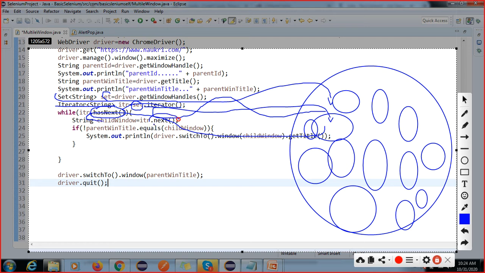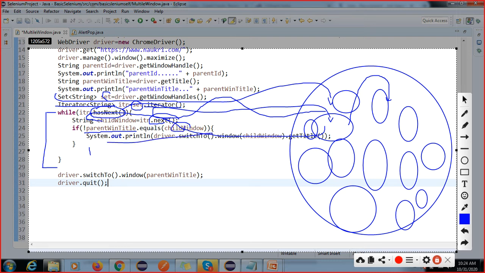And this next method will move the cursor forward. However many objects are available inside this, that many times this loop will iterate. It will also check one condition here: parent window id not equal to child window id, then only it is able to switch.